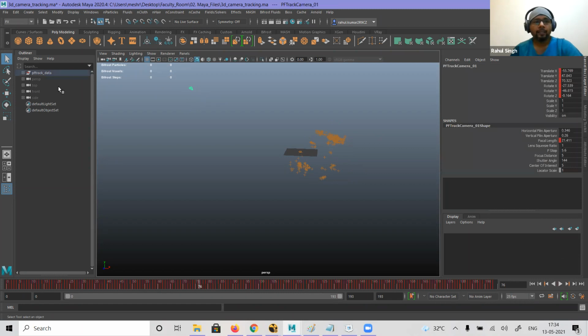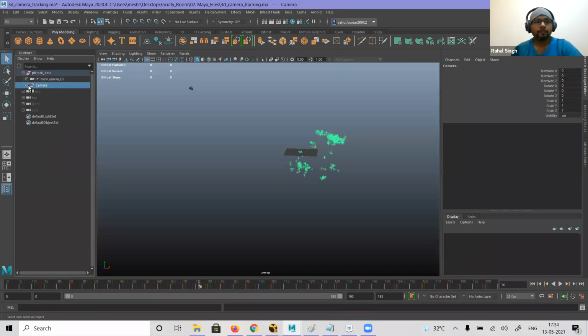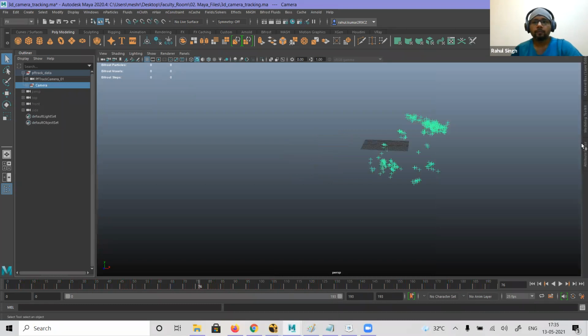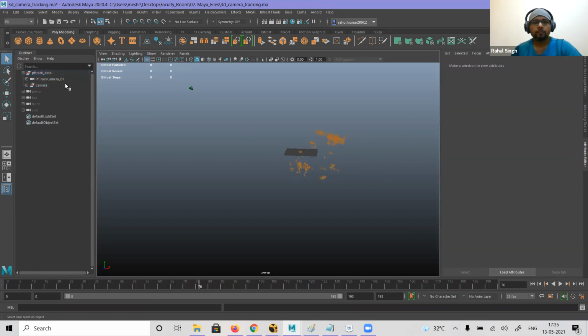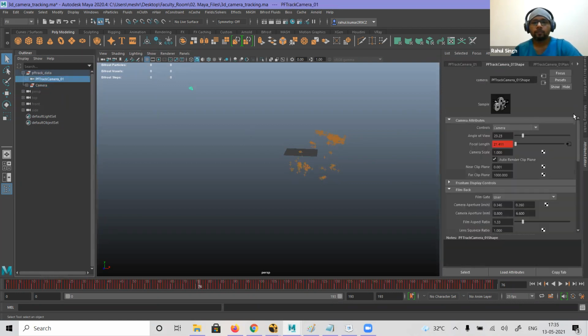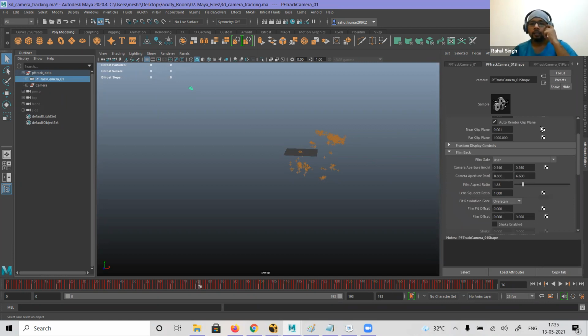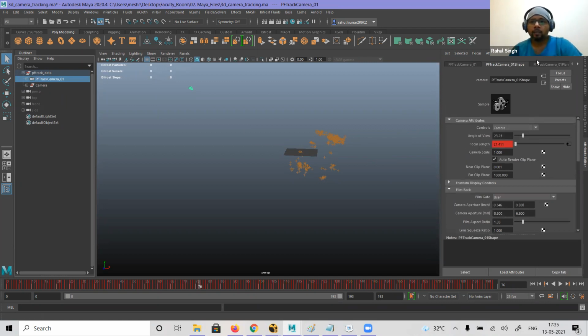Okay. So I can grab my camera. I can go to the image plane, right? Camera image plane, right?